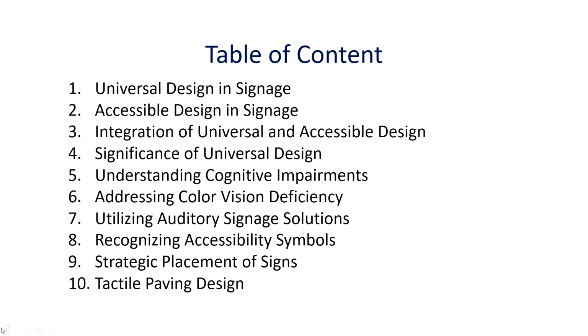Let's see what things we will be covering in this course. We'll be talking about what is universal design, what is accessible design, what is the difference between universal and accessible, what is its significance, how we understand the cognitive impairment, and how signages help in improving it,